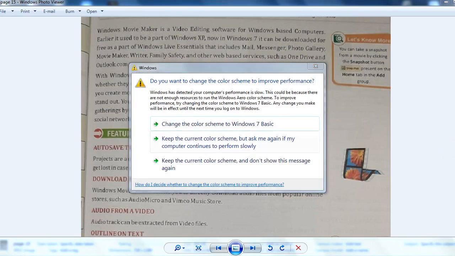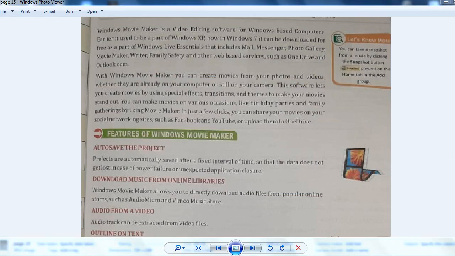Okay, now next, with Windows Movie Maker you can create movies from your photos and videos. We can take photos and videos and mix and arrange them to make a movie, whether they are already on your computer or still on your camera.